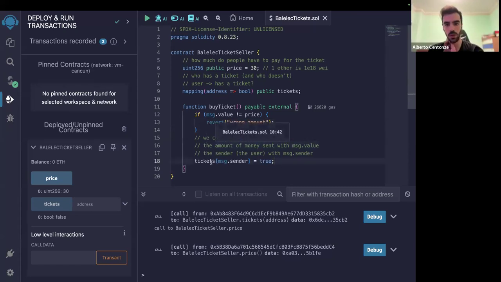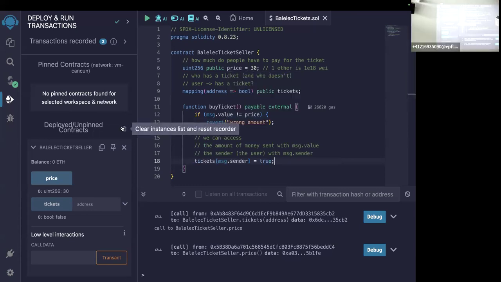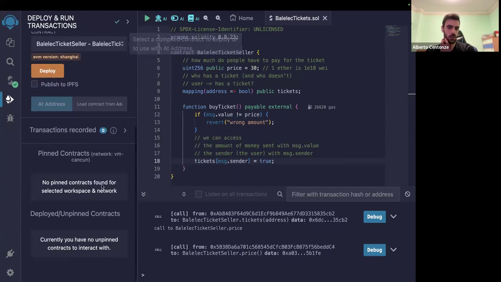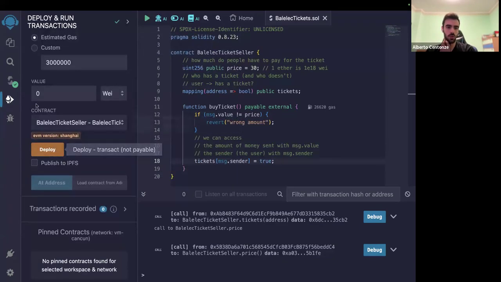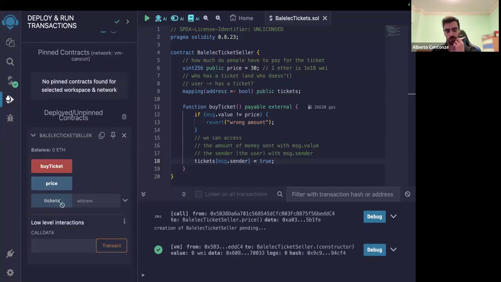Okay. So moving on, we're going to try this contract out. What you can do is delete the contract we had before, and then deploy the new one. So it compiled, as you can see. We can just deploy again. Transaction to deploy. I paid some gas, and I now have a new contract, and this contract has the two getter functions we had before, but it also has a red function because it's changing the state of the contract, which allows us to buy a ticket.